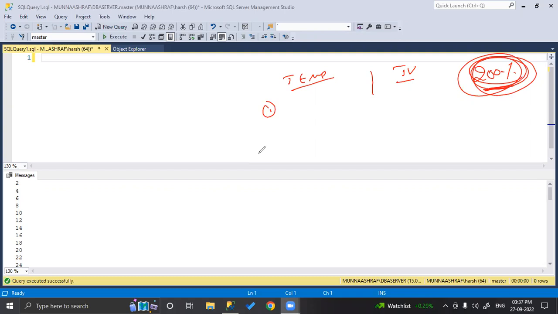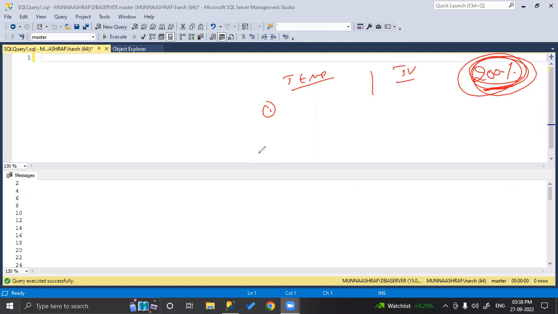Done with the point, right? Yes. Okay. So next, temporary table will be used in stored procedures.